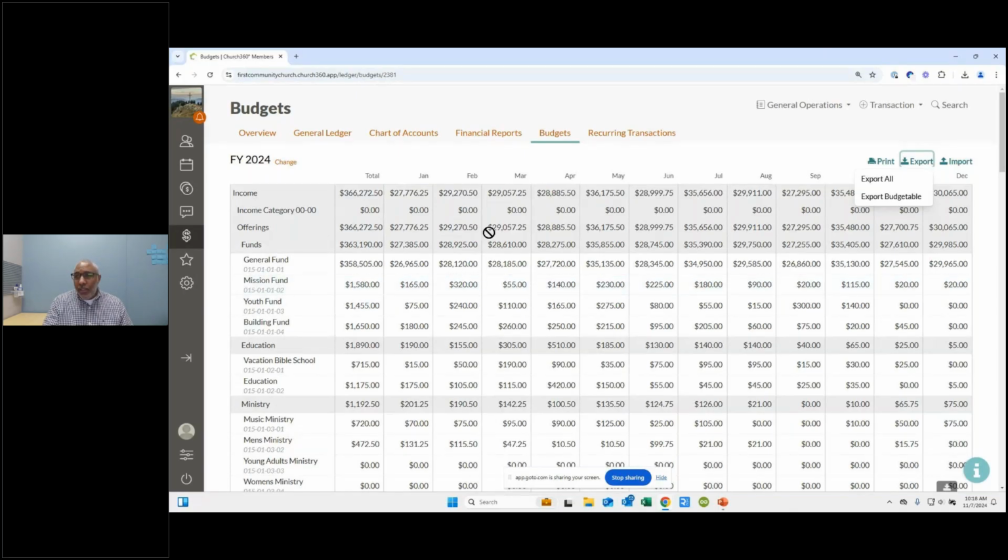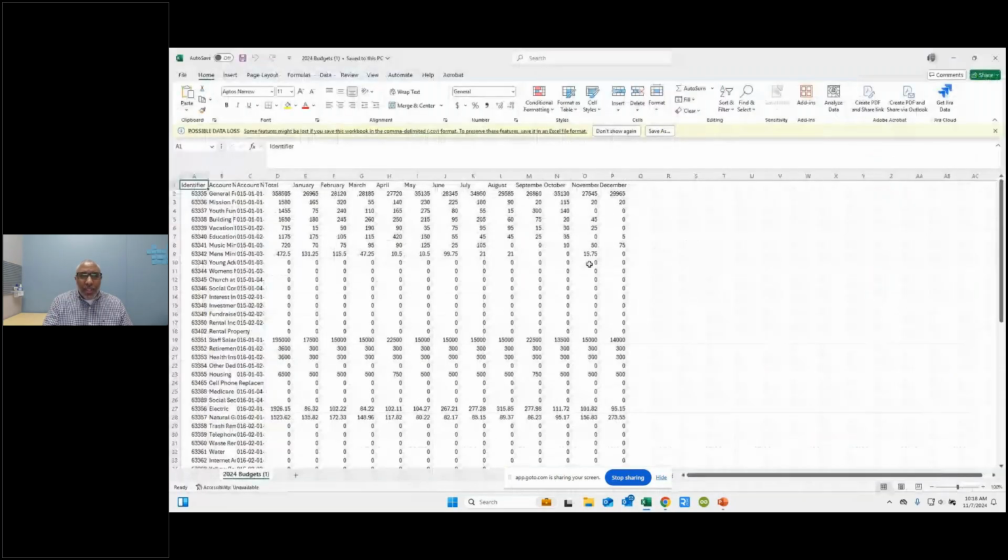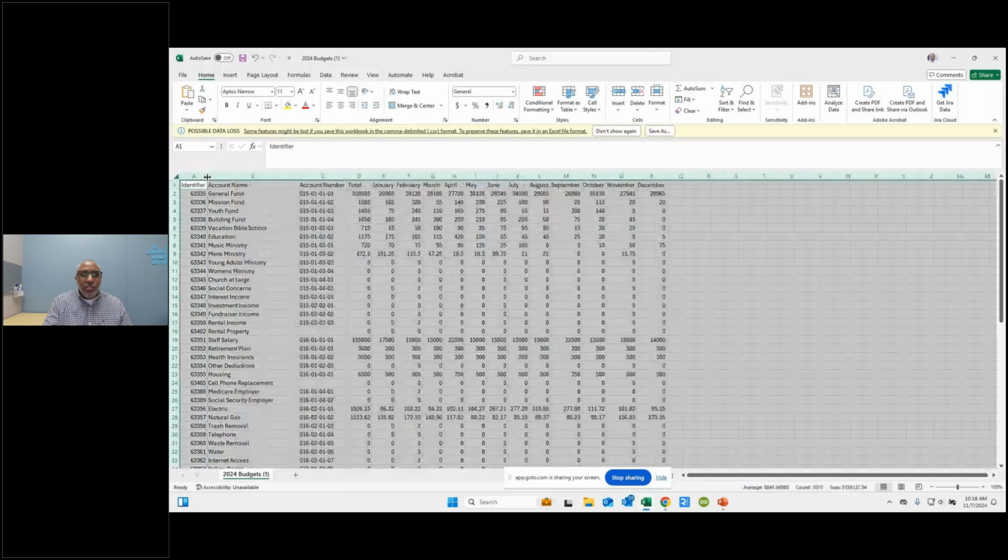So we included both of those. And I think lots of times when people are dealing with budgets, they're just going to work with the budgetable accounts. That's my gut feeling, but we'll see how it goes.